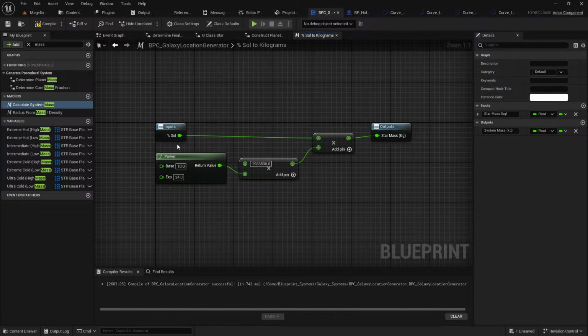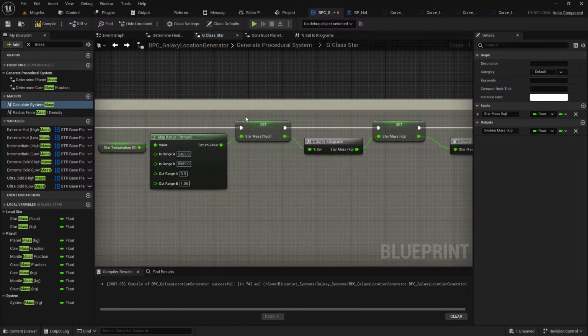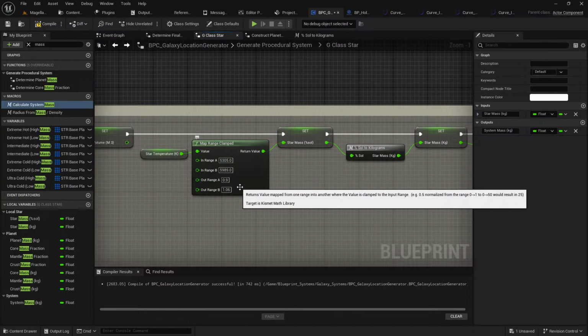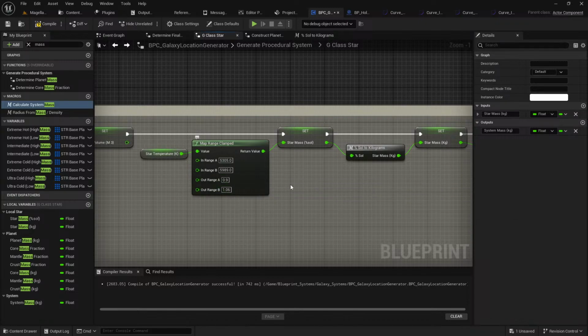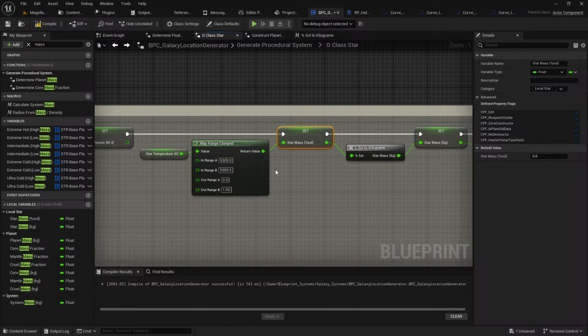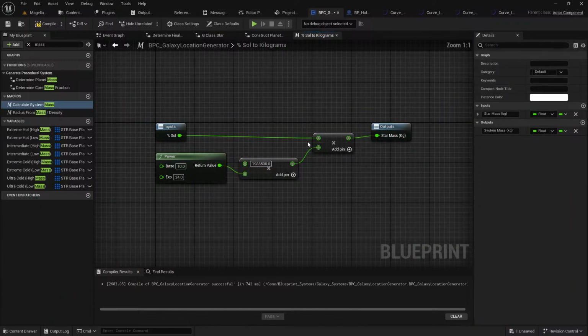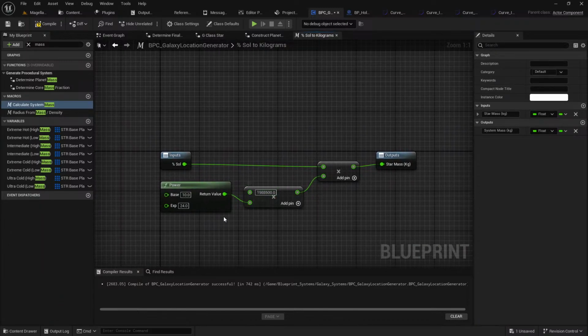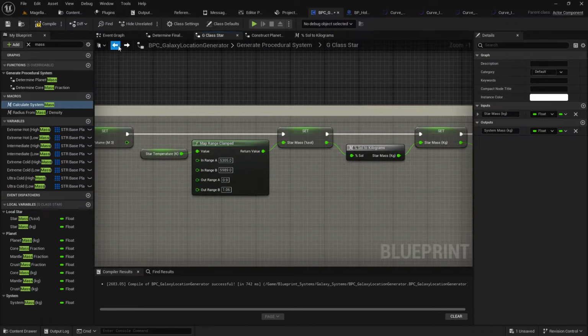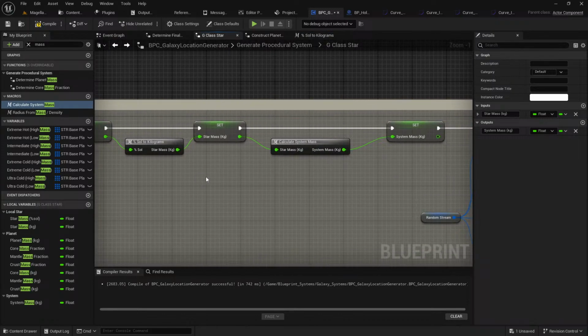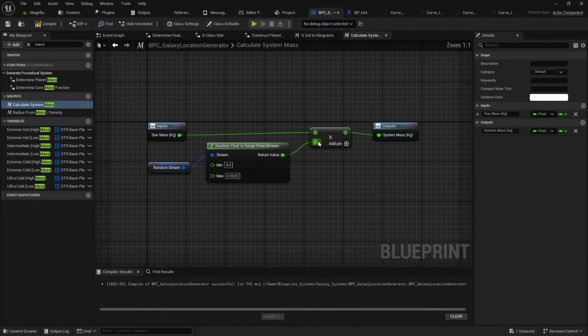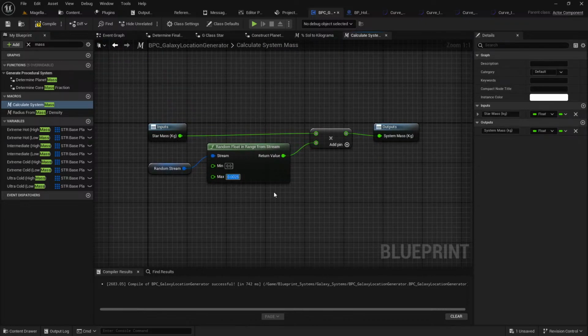And then the percentage of Sol, so it's 0.9 to 1.06, multiplied by that times to the power of that. That gives us the mass of the star, which is huge. Right, then when we calculate our system mass, we take that value